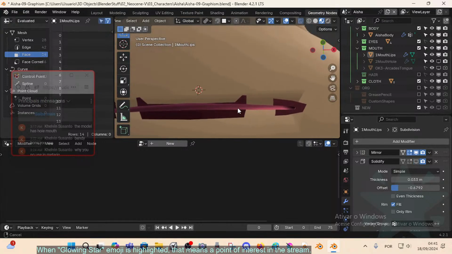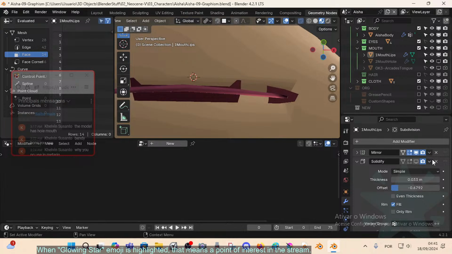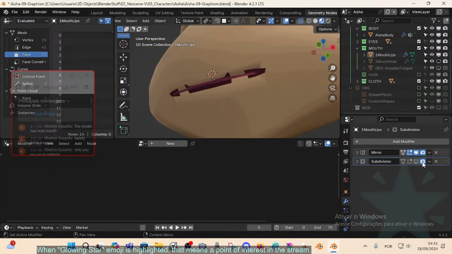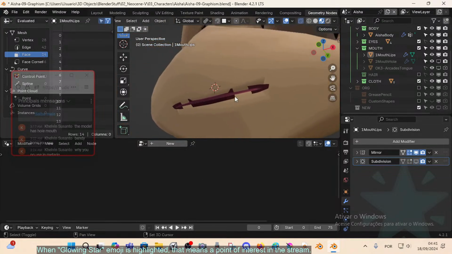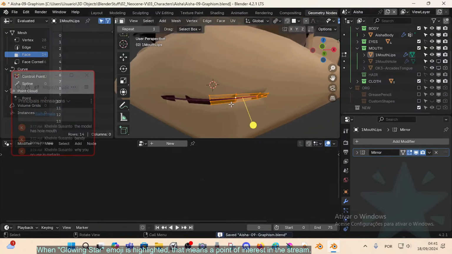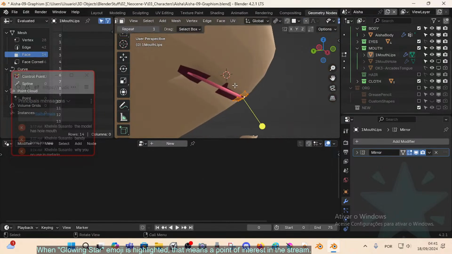So this could be done procedurally. Delete, same as subdivision, and mirror probably as well, but for now